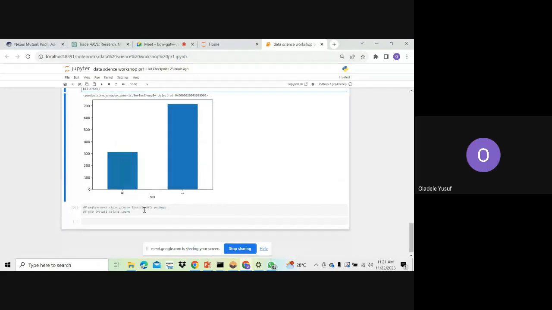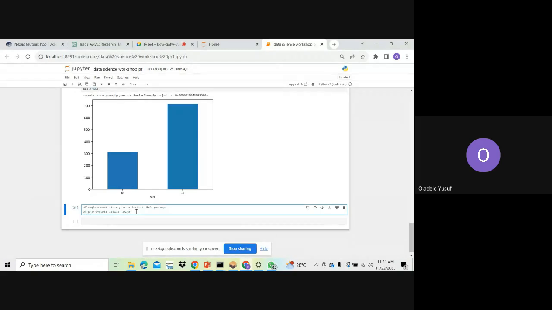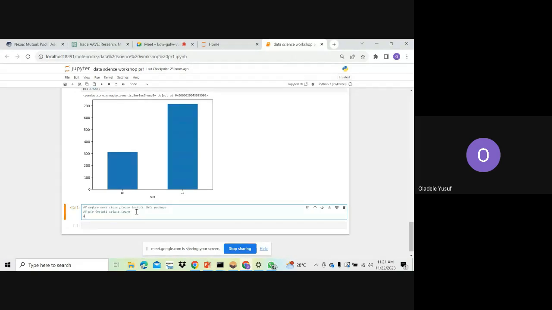So now I'll be moving to the little work I gave us to do yesterday. I said we should do pip install scikit-learn. So I'll be explaining what scikit-learn does. Scikit-learn is a library in Python that allows you to access supervised. Let me just put it as a comment here. It allows you to